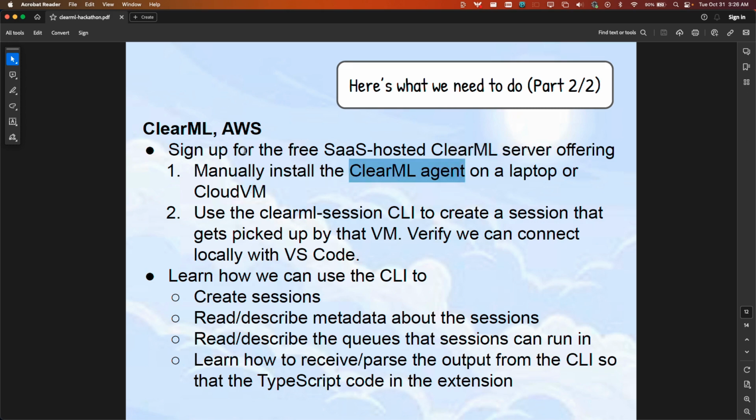sessions onto. And so once we have that going, we'll need to validate that we've set this up properly by actually creating a ClearML session. That process will give us a development instance of ClearML that we can use to start learning how to create sessions with the CLI and read and describe the metadata about the sessions and describe the queues, which is a ClearML concept that we can talk about later, so that these will become the actions that the buttons in our